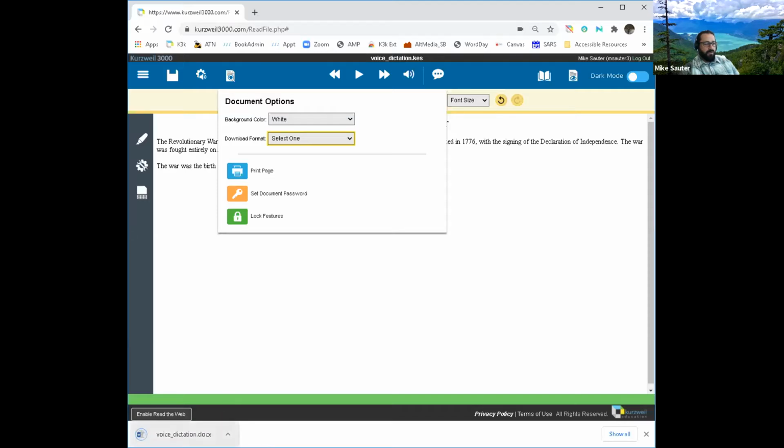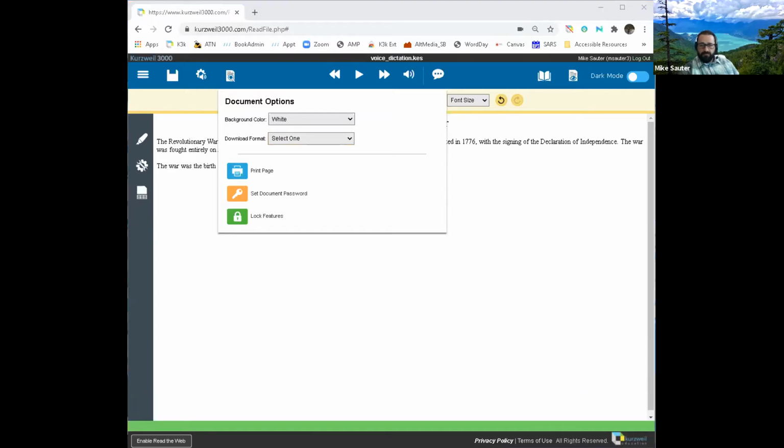And the wonderful thing there is you can just open it up on your computer. Give it a second to open up. And there we go.